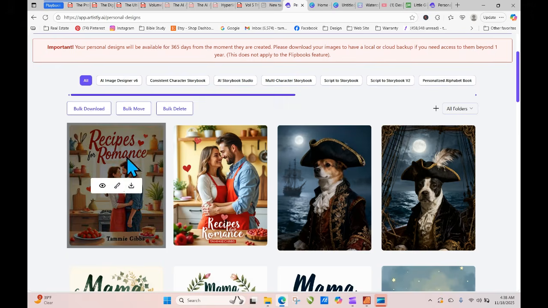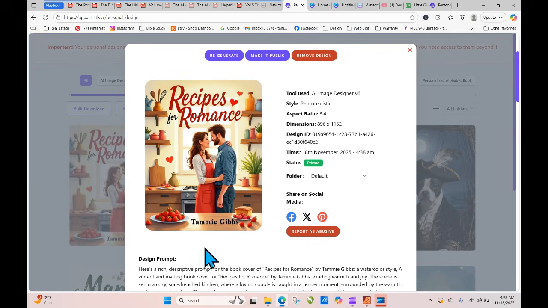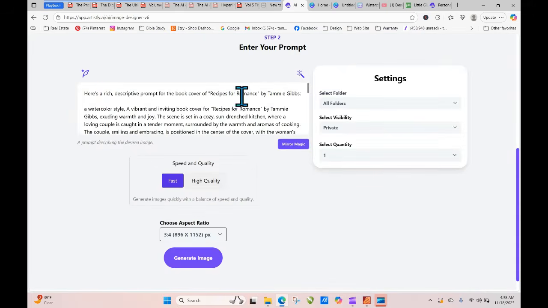So see, this is more along the lines of what I would want. So this is how I would go in and change it. So it's got the basis. And I could change it. The scene is a cozy sun drenched. Okay, the scene is a